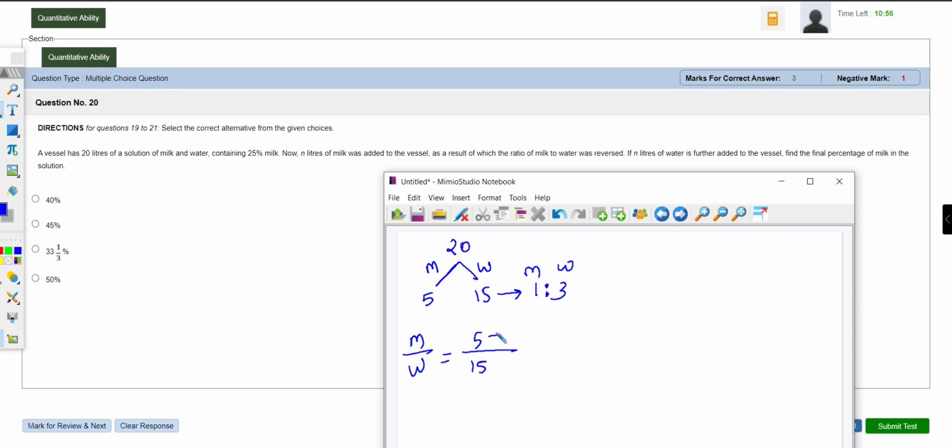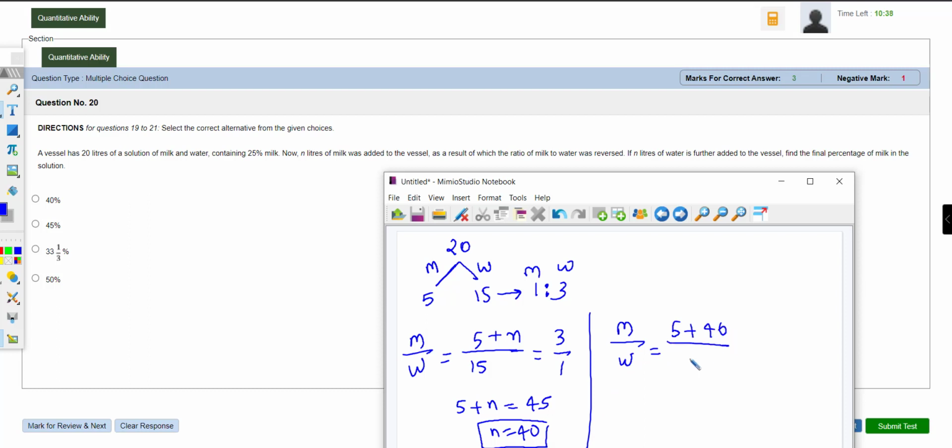Now in milk we are going to add n liter of milk. The ratio becomes reverse, that is 3/1. So 5 plus n is equal to 45, so n is equal to how much? 40. Now further in continuation with this, 5 plus 40 divided by 15,